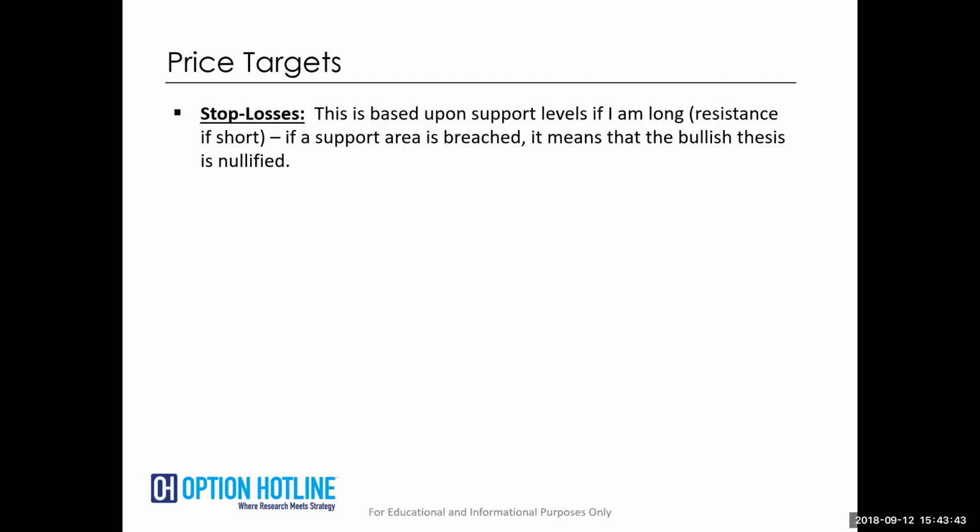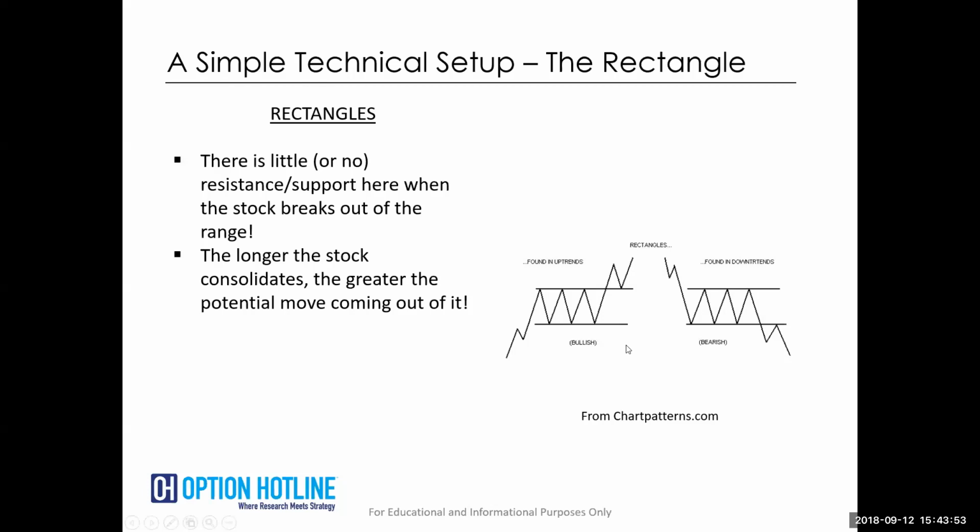I go through the market and I say, okay, what price am I out of this trade because I lost too much money? And so if I'm looking at this on the bullish thesis, so we'll talk about it more on the bullish side for the moment, my initial stop is that initial support level. So if I'm in a rectangle here, this is the support, this is the resistance, 98 was support, 102 was resistance. If I'm in at 102 and we get below 98, it tells me that that buyer is gone.